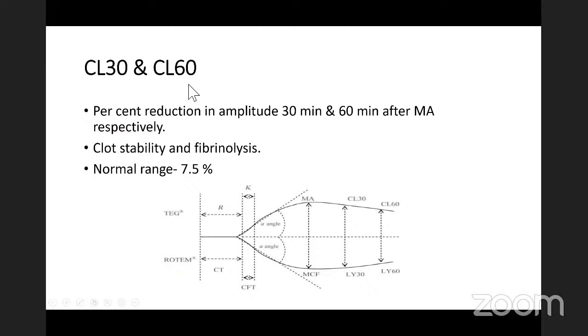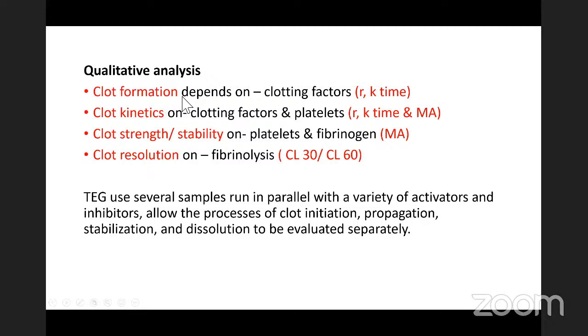Clot lysis 30 and clot lysis 60 are the percent reduction of amplitude at 30 minutes and 60 minutes after maximum amplitude respectively. They indicate clot stability and fibrinolysis. Its normal is 7.5% for clot lysis at 30 minutes, and the clot lysis at 60 minutes. Qualitative analysis: clot formation depends on clotting factors, which is indicated by R time and K time. Clot kinetics depend on clotting factors and platelets, which is indicated by R time, K time, and maximum amplitude. Clot strength and stability depend on platelets and fibrinogen, which is indicated by maximum amplitude. Clot resolution depends on fibrinolysis, which is indicated by